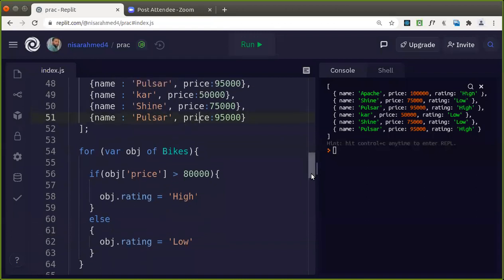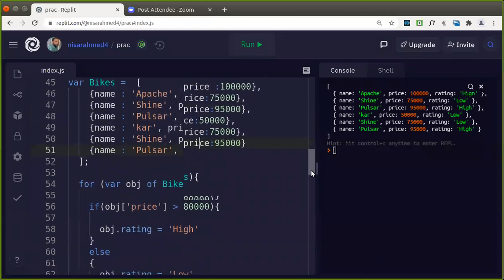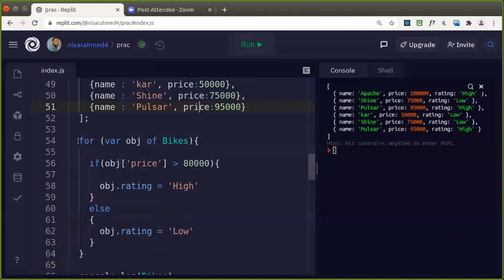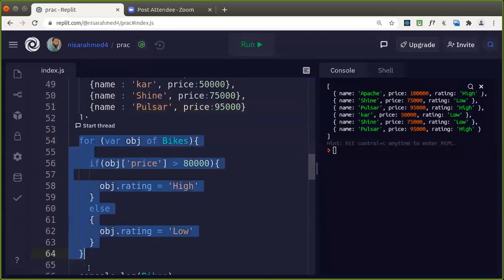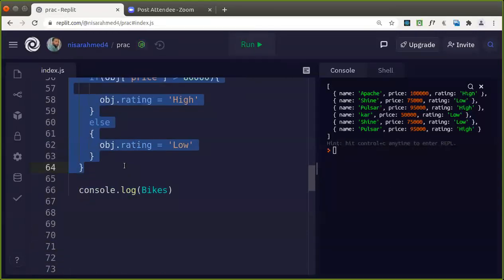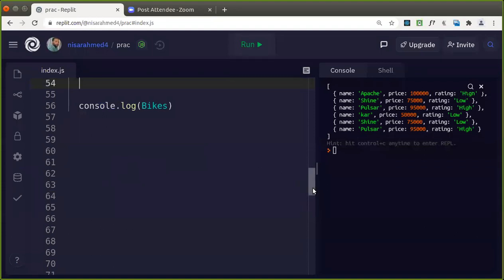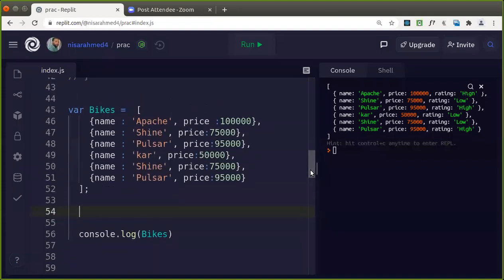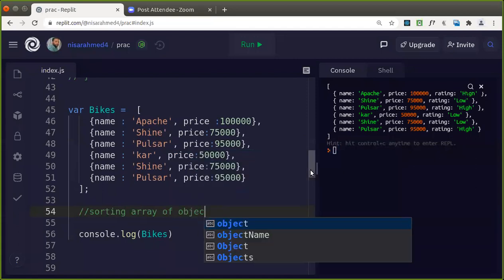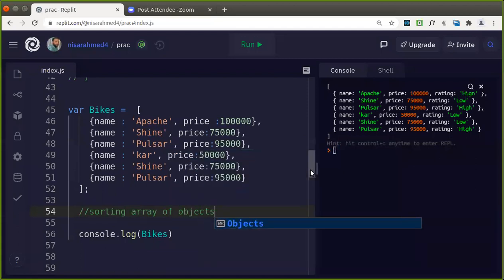Can we sort these objects that we have in an array? The array provides us with a function called sort. You know that, isn't it? Sorting an array of objects with respect to their price.